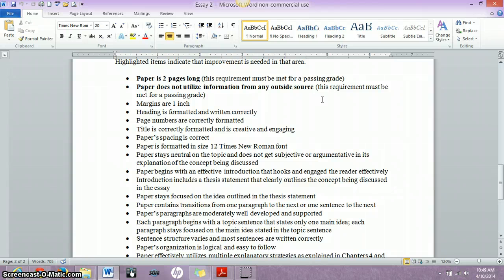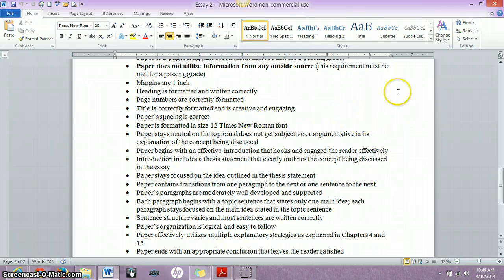Like I could write a paper about the Middle Ages and history and culture and literature, but I wouldn't have to use any outside sources to do that. So be very, very careful in what you're writing about. Pick a topic that you know a lot about. I know a lot about the Middle Ages because I studied it for years in graduate school. So it's got to be something that you really, really know very, very well. Don't even come close to using an outside source, or I can't let you pass your paper. I'm trying to be really specific about that. So if you have questions, let me know.